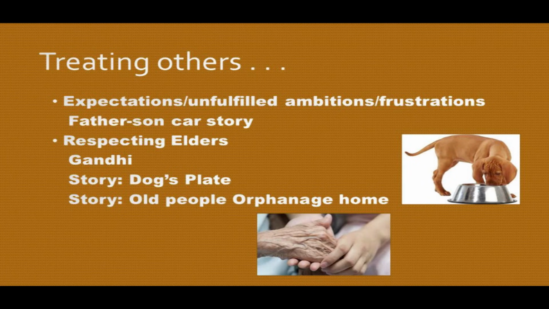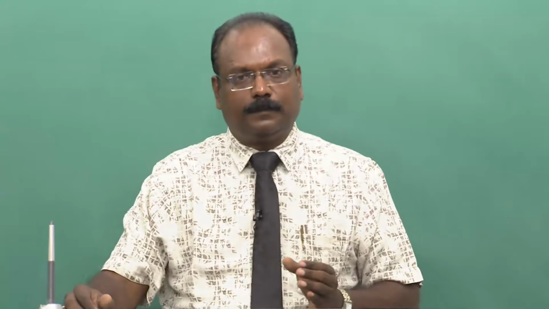When I was reading Gandhiji's My Experiments with Truth, one thing that struck me about Gandhiji's personality was that he was always blind to the faults of elders. That was coming out of his love and respect for them. So if elders made a mistake, he was just blind. He was not complaining. He was not even pointing it out to them.